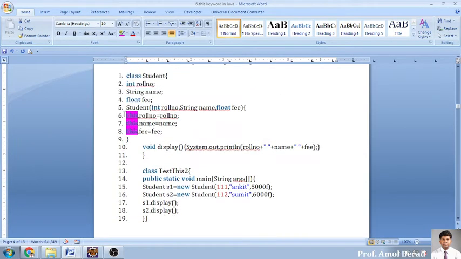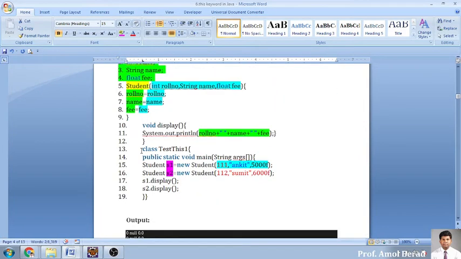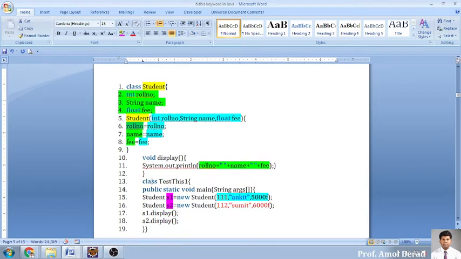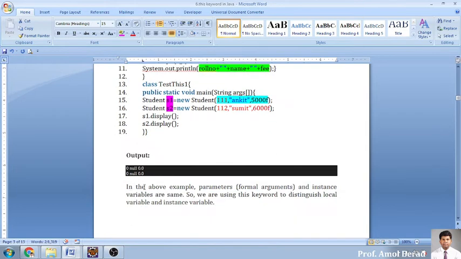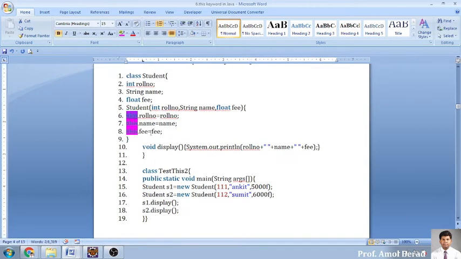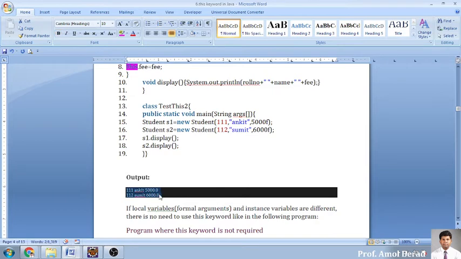It is always preferred to use the this keyword for the current variables. If the names are the same, the incoming variable and the class variable clash, and it will generate the earlier type of output. But if you use the this keyword, it will automatically create the correct output, so you will get an output in this fashion.